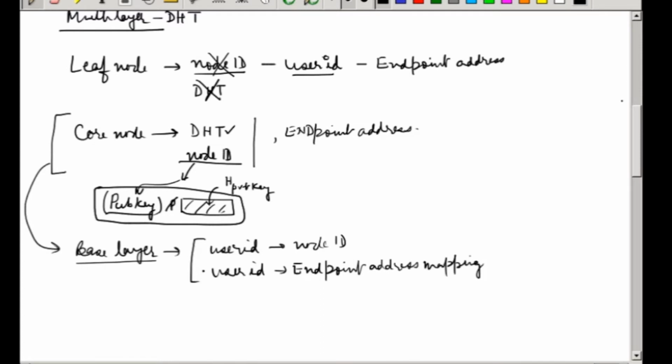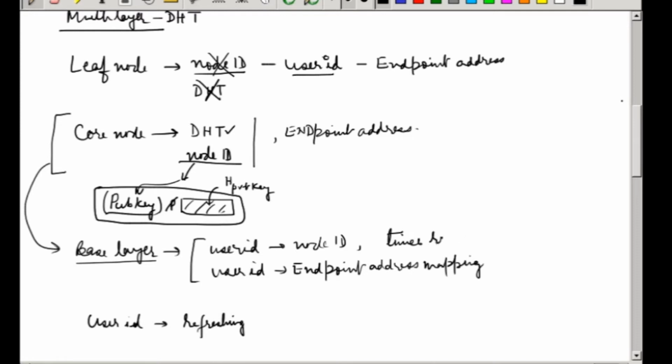Okay. When these entries are kept, the problem is that a user can go off, and after some time a new user comes in and by chance chooses the same node ID, so this entry has to be purged. This entry only has to be there while the user is there. If the user is down or there is user churn, in that case we have to retain it for some period. Normally the algorithm will be that every user, who has a user ID, will be refreshing this entry, republishing it in the DHT.